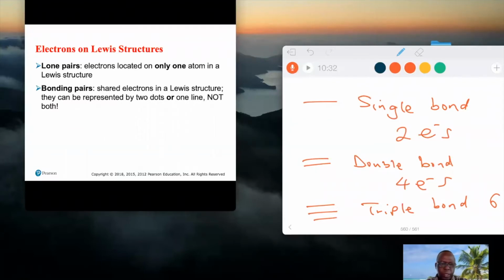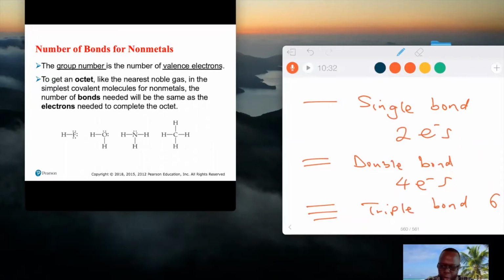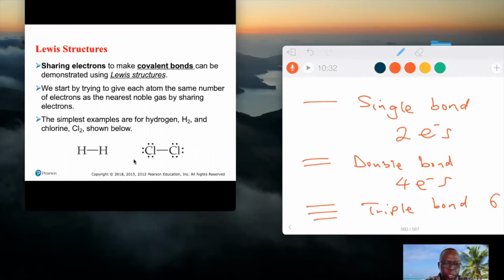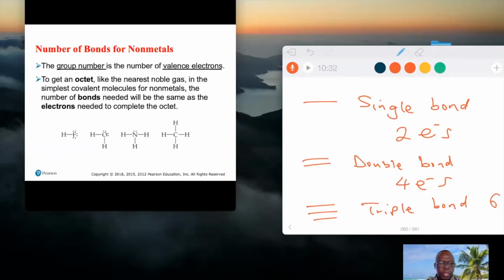We have lone pairs and the bonding pairs. Let me go back one slide more and use that to show you what is meant by bonding pair. This line right here is the bonding pair. This is the lone pairs. Any dots around the chemical symbol in a molecule, we call it the